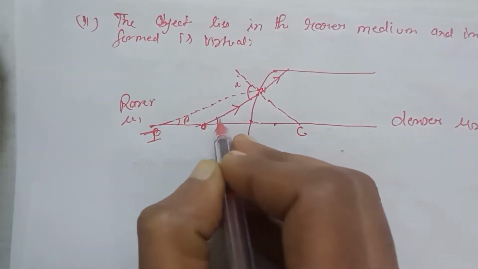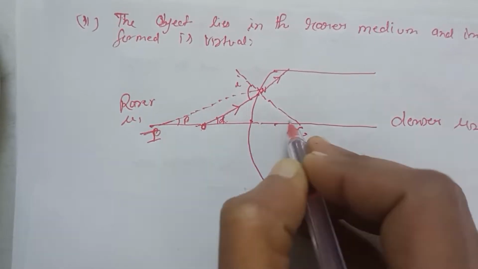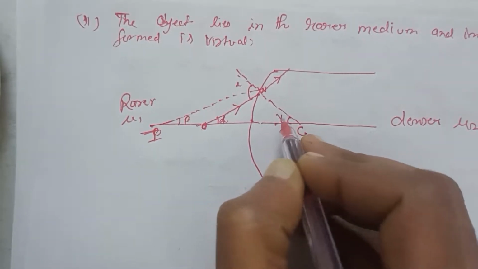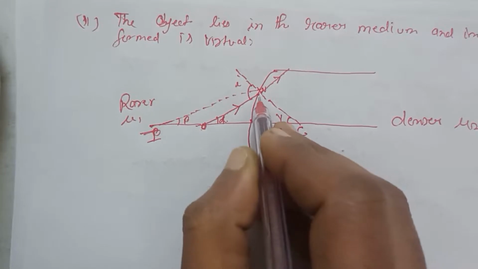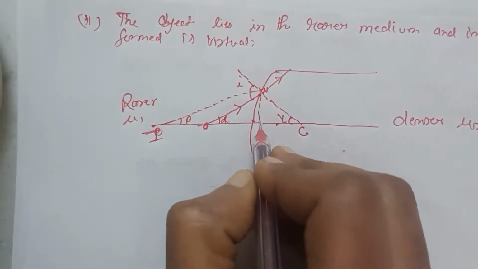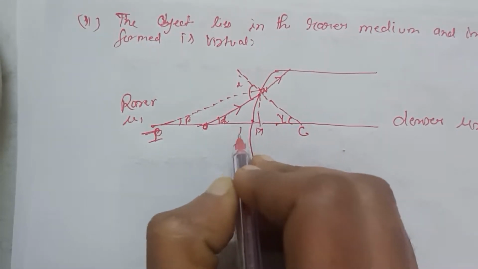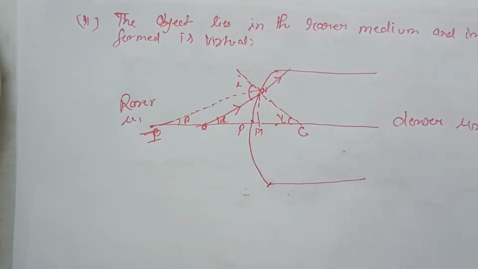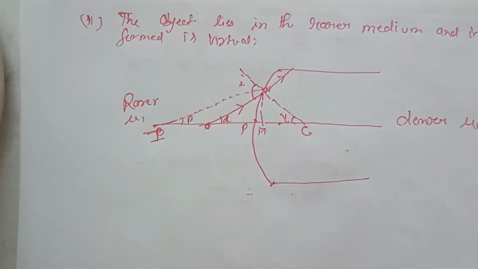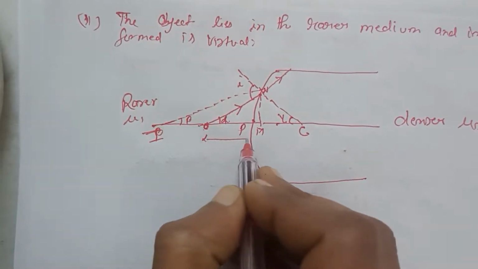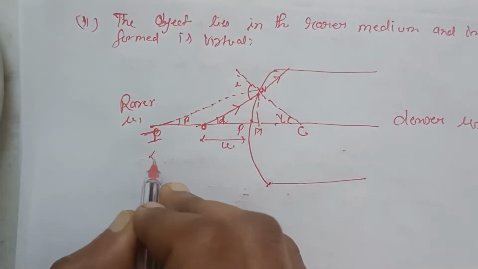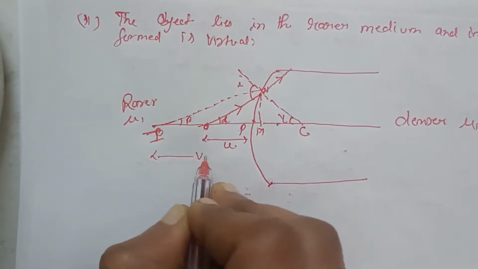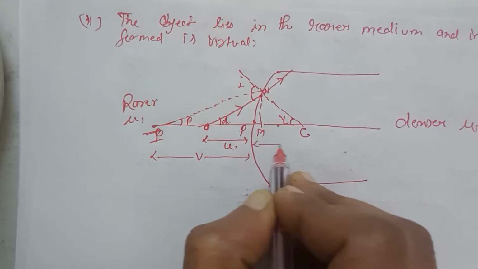And this one, the angle when the object is placed, is alpha, and the normal angle is gamma. Draw again a normal. This one is PM or P. This one is called the object distance U, this one the image distance V, and this one is